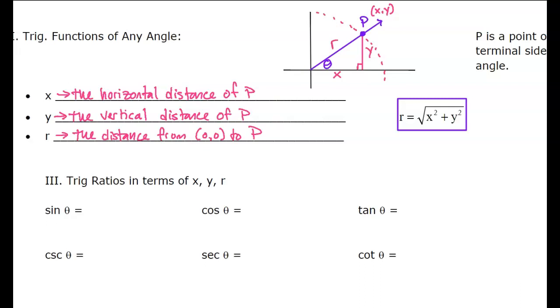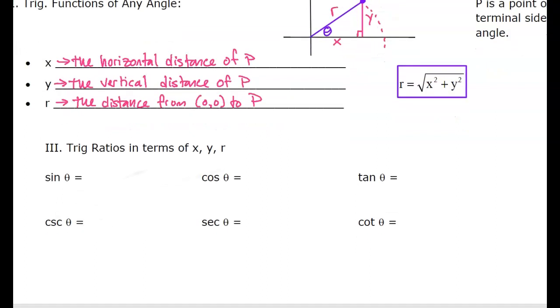Why did I think we were done with trig? Oh my gosh, no. There is so much more to trig. You guys don't even have an inkling of how much is left to learn about trig. But anyway,